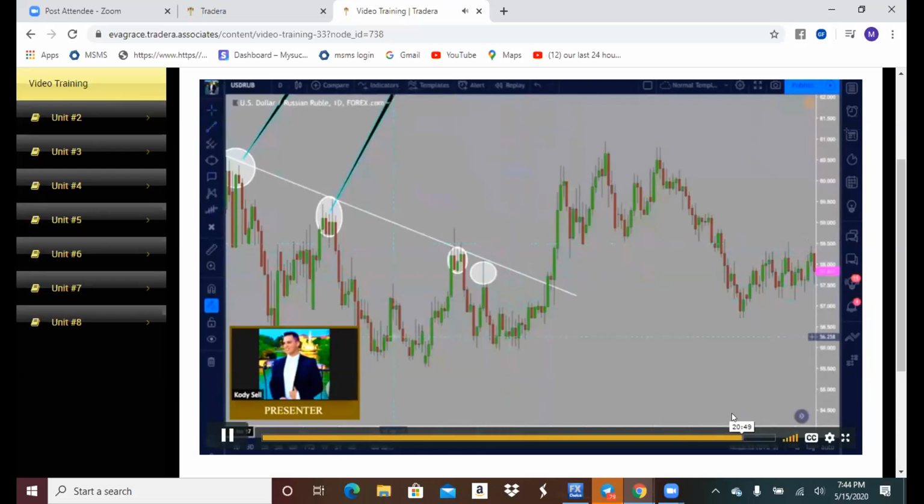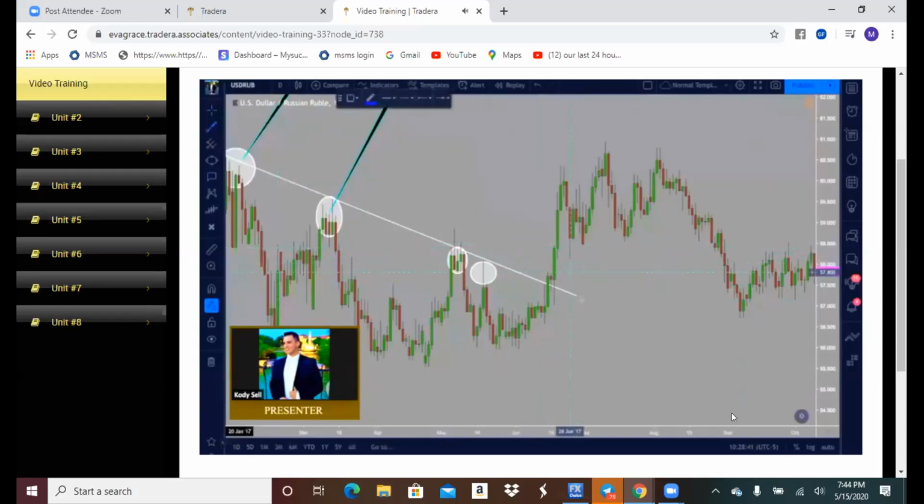Indeed strong and something that we can rely on from a fundamental standpoint. Here we have a strong candle breach right here, and then